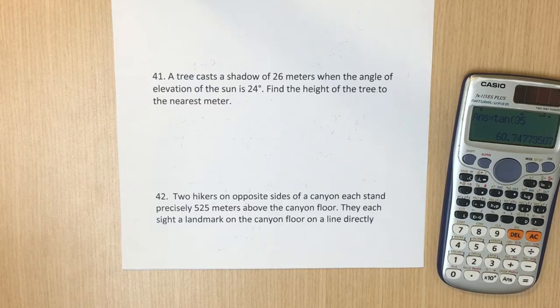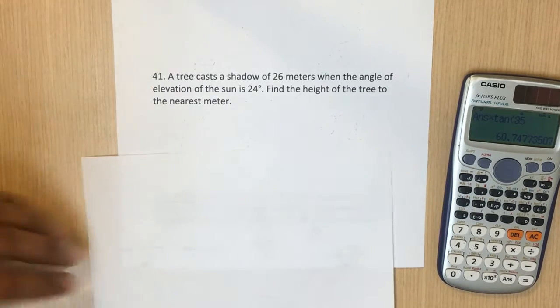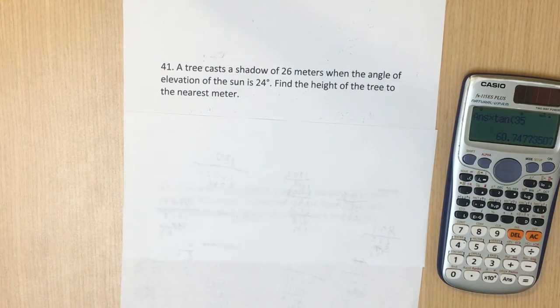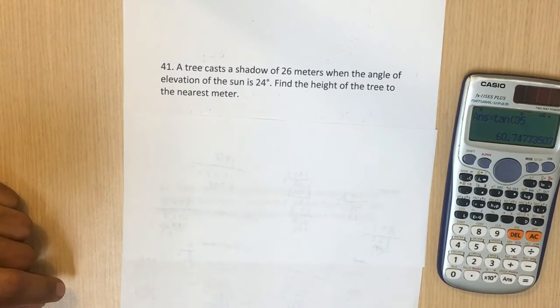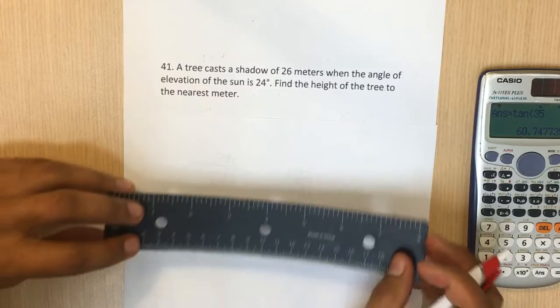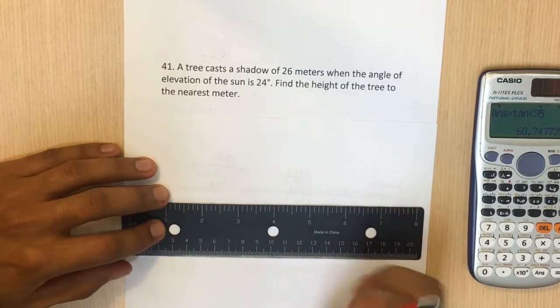All right, the next problem that we'll do is going to be this one, where the tree is going to cast a shadow of 26 meters when the angle of elevation of the sun is 24 degrees. So we want to again find the height of the tree to the nearest meter. So what we have to do, well, we don't have to, but it's a really good idea to draw a